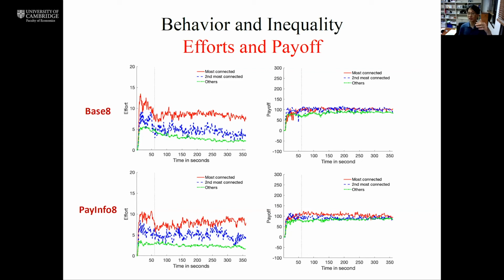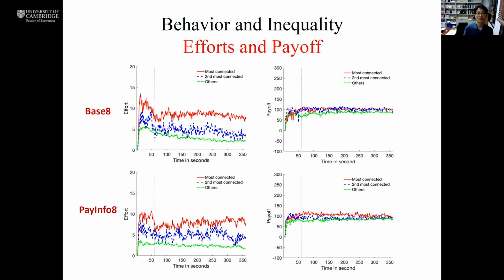There are some differences with the second most connected, but these most connected individuals' efforts are not excessive, in the sense that they don't reach the maximum effort level of 20. So the payoffs of all these 3 individuals are very close to each other, although the most connected individual earns slightly more. And the patterns are quite similar between the payoff information and the baseline information treatment in the